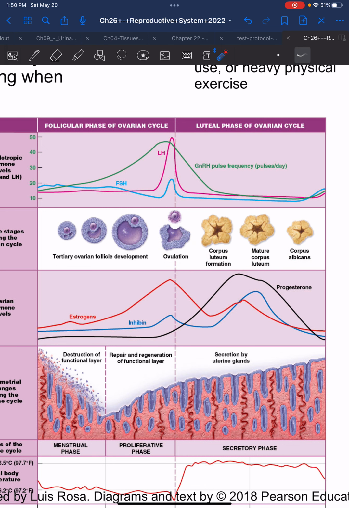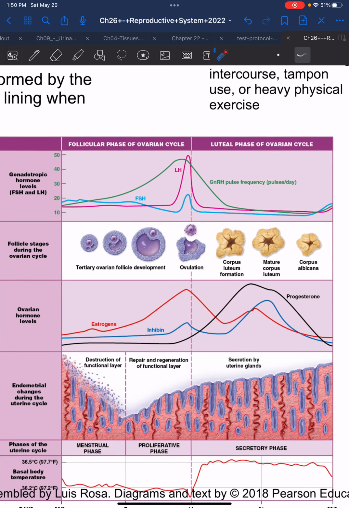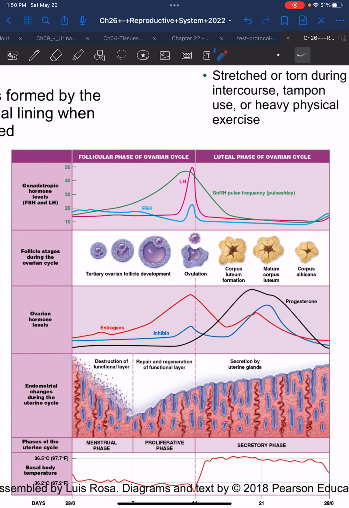Because if we look now at the layer of some hormones that are involved in the release of the egg, and also to encourage the uterine cycle, you'll see that we have some hormones called LH and FSH, starting up here. You can see that the ovarian cycle is referred to as